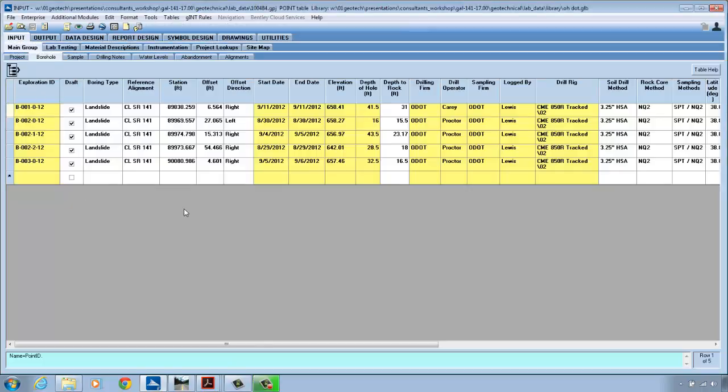We told you in the SGE, anytime you report a boring location, to round off the station and the offset to the nearest whole foot, and to report the elevation to the nearest tenth of a foot. You do not have to format that data when you put it into the table. The boring logs, the fence reports, and the summary of soils test data table are all configured to